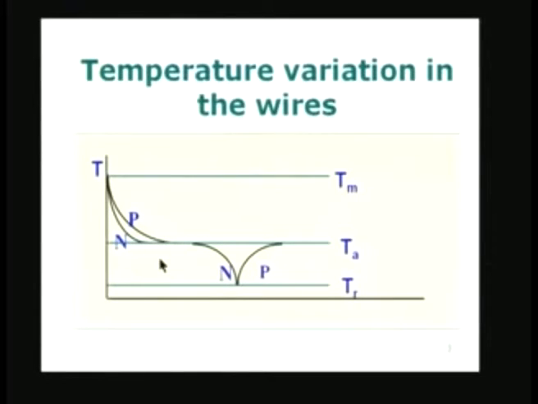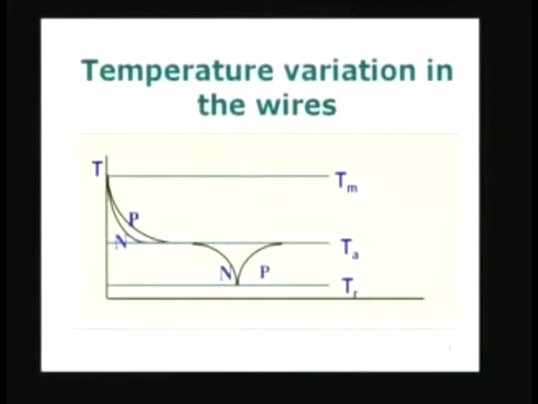If you remember the discussion we had earlier regarding thermoelectricity, thermoelectricity manifests whenever there is a temperature variation along the wire. In this case the temperature variation along the wire is limited to a region close to the junction, and therefore, the active thermoelectric material is very close to the junction. So, that is what I am trying to get at.